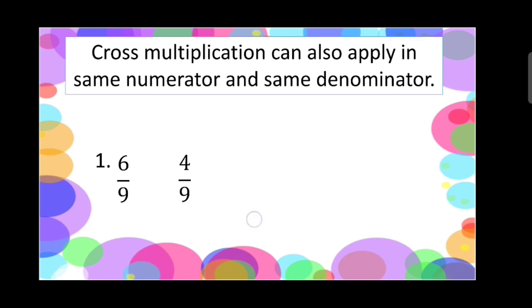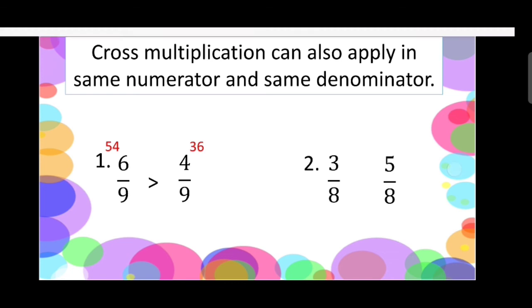So, 9 times 4 is equal to 36. Then, 9 times 6 is equal to 54. So, therefore, 54 is greater than 36. Or 6 over 9 is greater than 4 over 9. Okay, another. 3 over 8 and 5 over 8. So, cross multiplication, 8 times 5